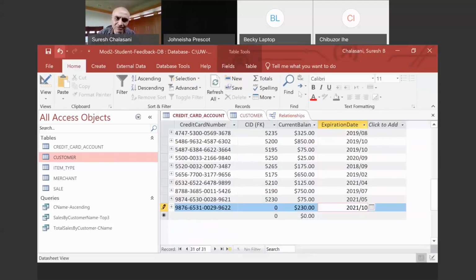So if I try to save this, it will not let me save because it is enforcing that I need to find a valid customer in the customer table and assign this credit card. Otherwise, imagine the business case, right? Otherwise your company is going to lose millions of dollars because you are assigning these credit cards to customers who do not exist. There's no accountability, and somebody will use this credit card and start using it for all the sales and so on and so forth. Right? Does that make sense?